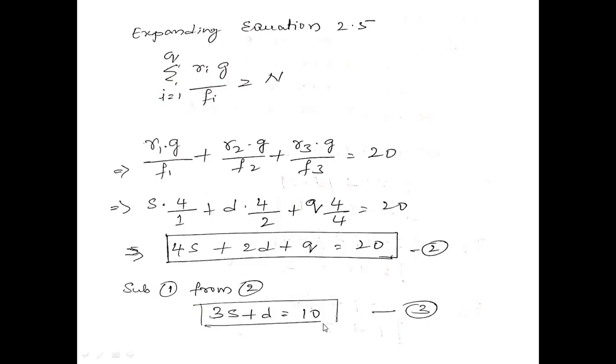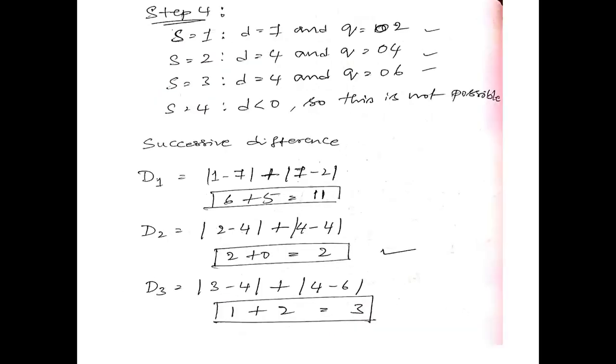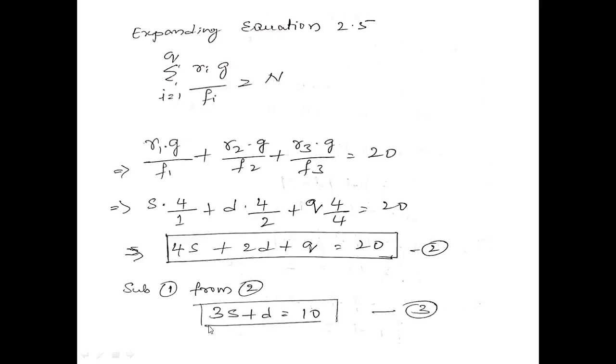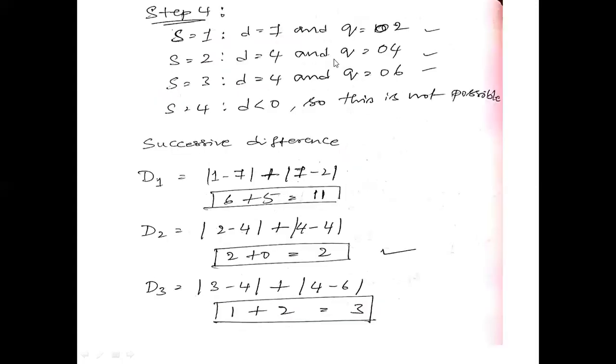Okay, now in order to find the unknowns, the procedure here in this design is to assume a value for one of the variables and find out the other two variables. If you assume a value for s, you can easily find out the value for d in equation 3, and you can substitute the values for s and d in any one of these two equations, equation number 1 or 2, to find the last unknown. Okay, that's what you are supposed to do.